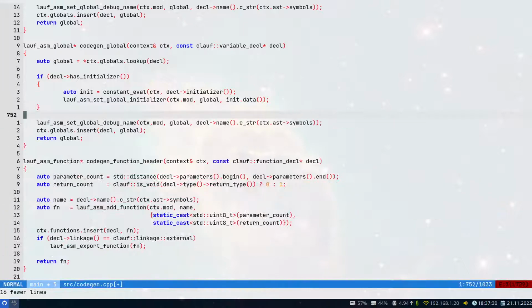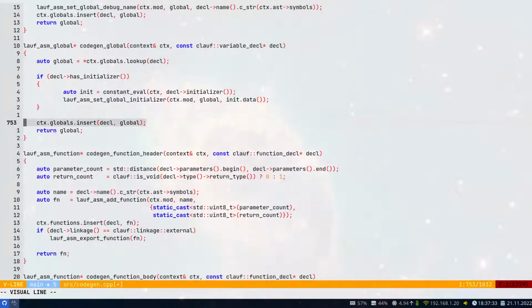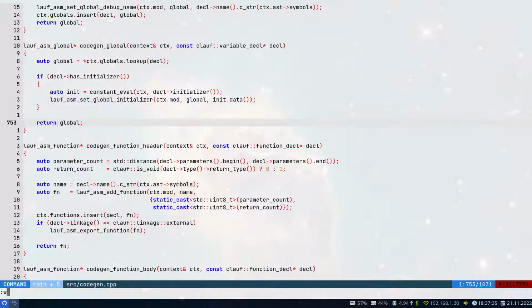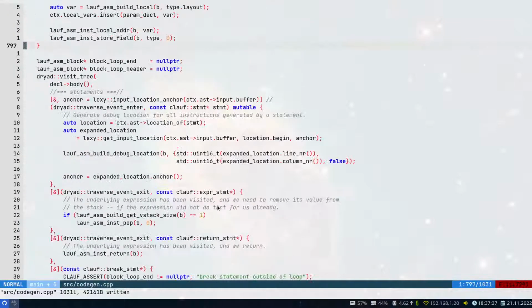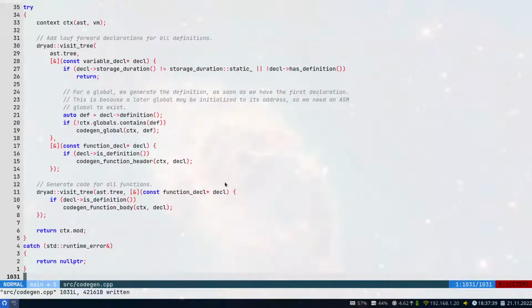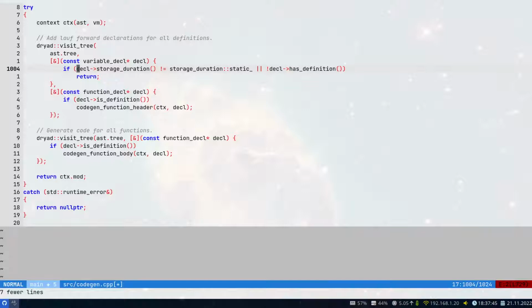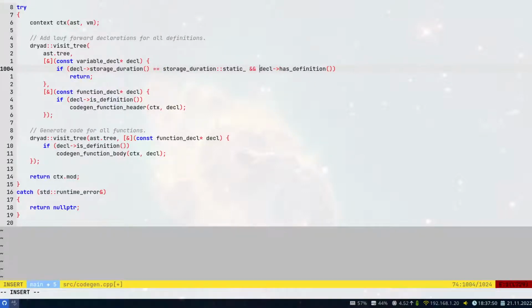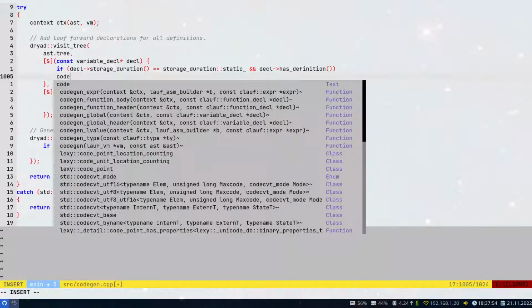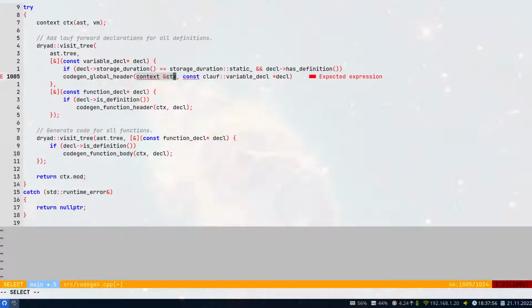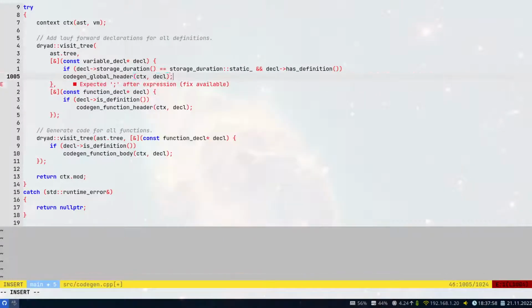And I'm not getting nothing. And now we can vastly simplify this code by just saying that if we are having a static global, that is a definition. So if we have a global, that definition codegen global header context decl,